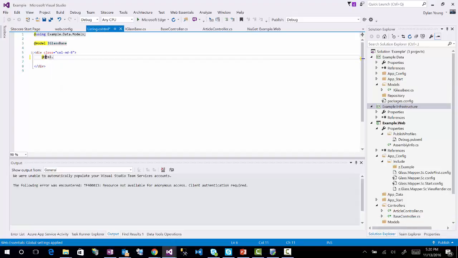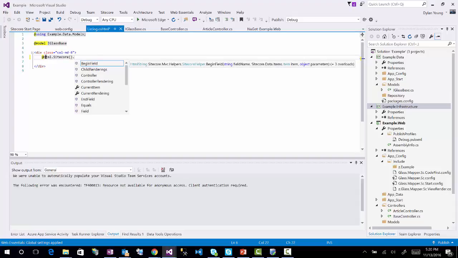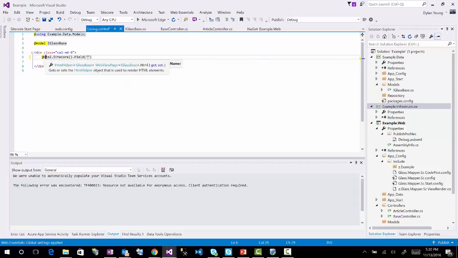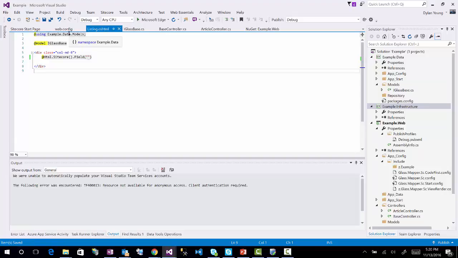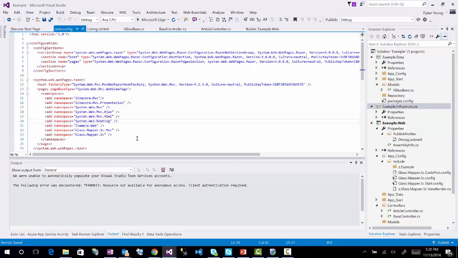For some reason I can't right now, but I can call a Sitecore field. So you could have that as a specific field. Not sure why glass won't work right now for me. I might have the wrong type. Let me change the order on this. Just raise it up a little bit. I don't know if that will matter too much, but